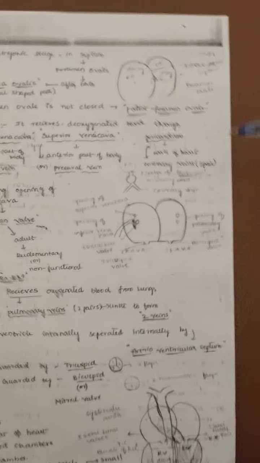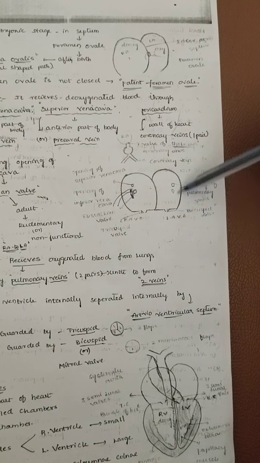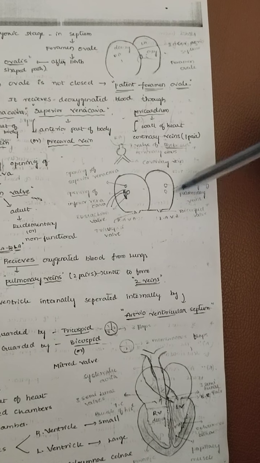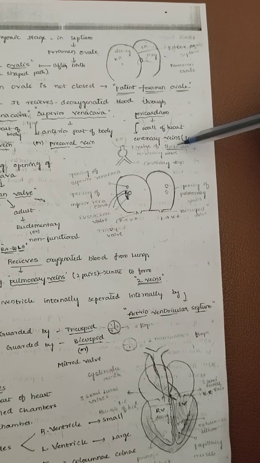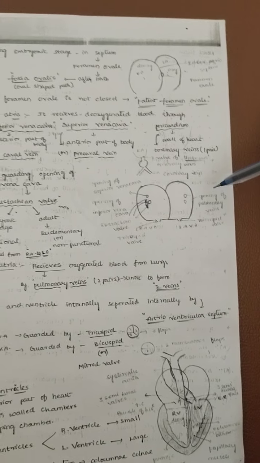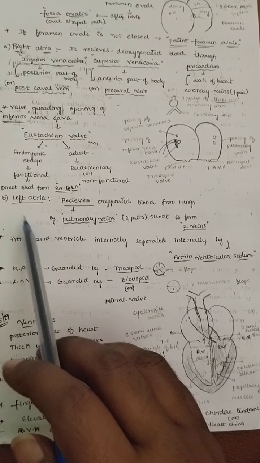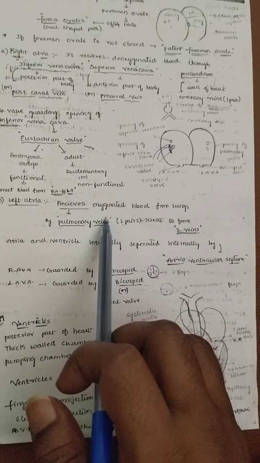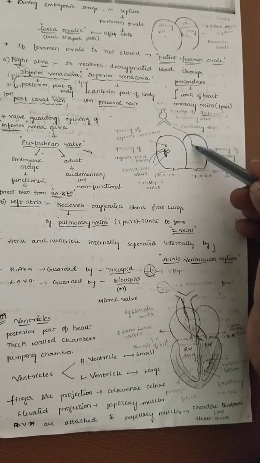Now see here, the walls of the heart can carry the blood by the coronary veins. One pair of coronary veins is present. Now see, if you go for the left atria, I already said the left atria can receive what type of blood? Oxygenated blood, that too by pulmonary veins. Here they have pulmonary veins.